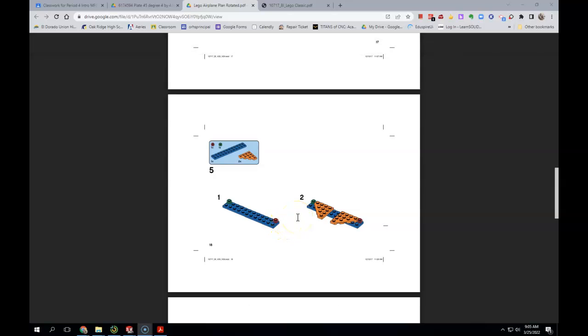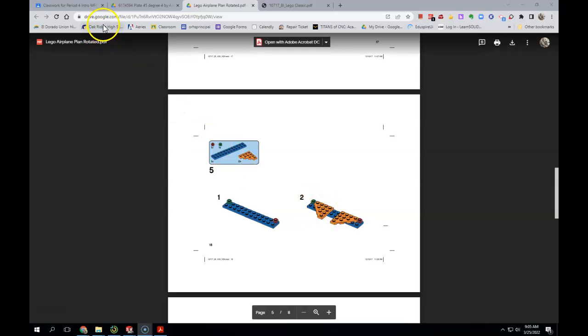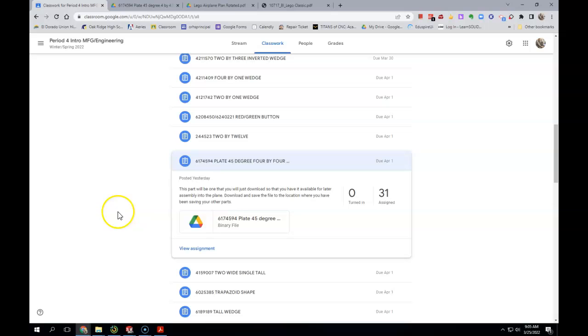This video is going to show how to accomplish page 18 of the LEGO airplane assembly. What you're going to want to start with is downloading these parts right here that have been provided to you in Classroom. So if you come to your classwork page, you're going to look for the assignment that shows this